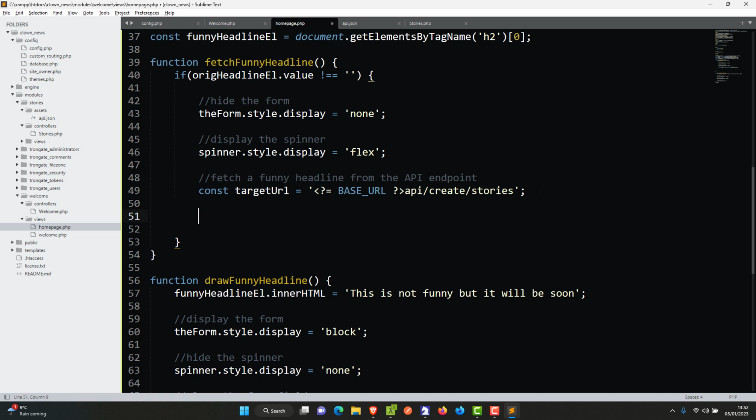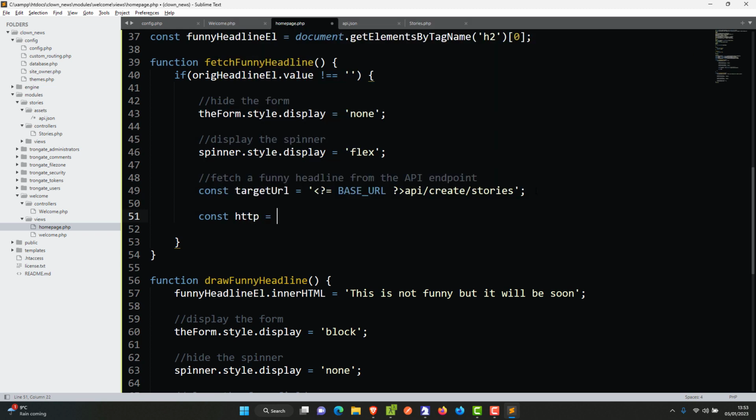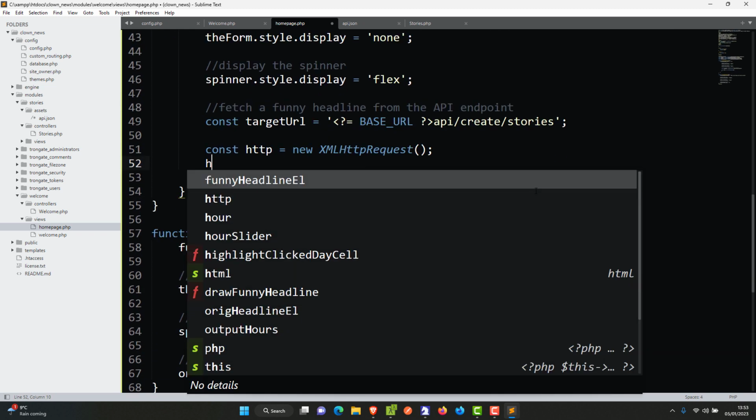There's a variety of different ways of doing this with JavaScript, and in fact what I'm going to do here might even be a little bit crude. I'm sure there's a way to do this asynchronously, but I'm going to keep this tutorial really simple, and this is the way that I'm going to do this. I'm going to say const http equals new XMLHttpRequest. Okay, then I'm going to say